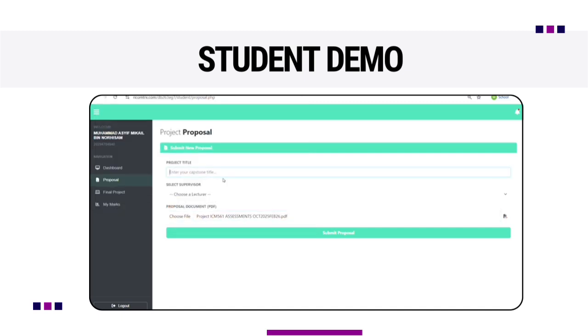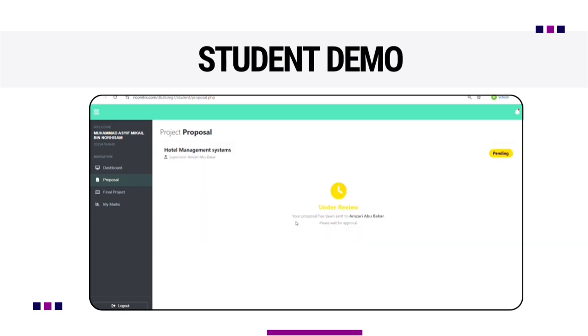For example, let me place this. Okay, so I will enter hotel management system. So I will assign my lecturer as Dr. Amjari Abubakar. So submit proposal. So once the proposal is submitted, the system will update the proposal status to submitted, and the students